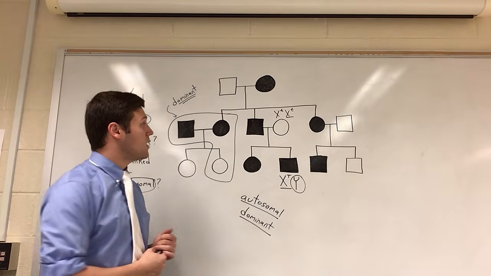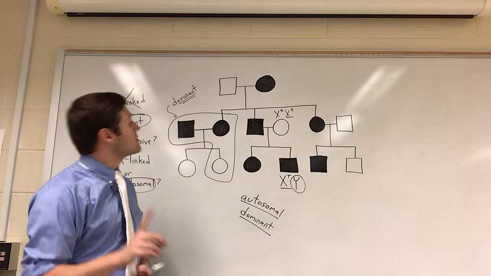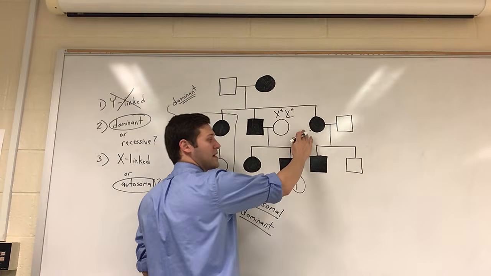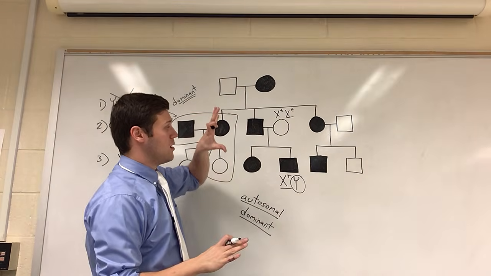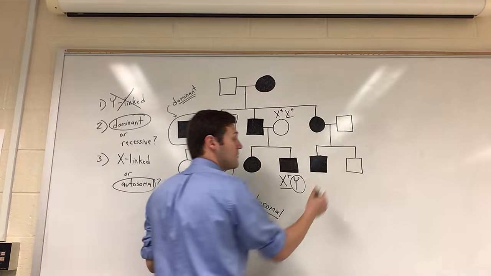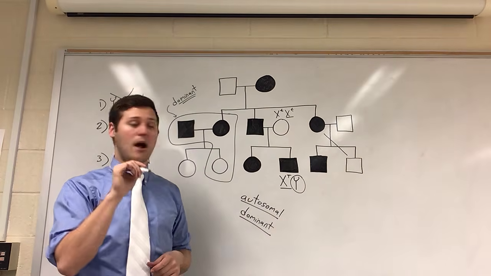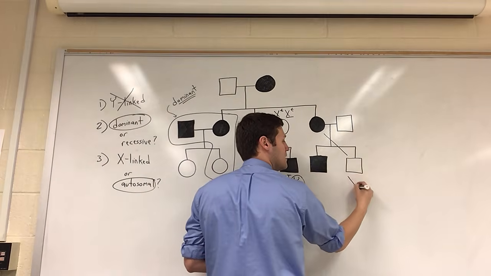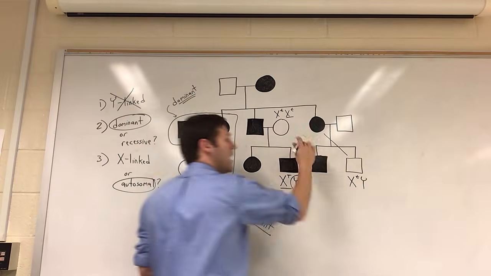So hopefully that was helpful. You might have been able to figure it out in other ways too. I do want to point out that here, if you had chosen this, a mother who's affected and a son who's unaffected, it follows the whole mother being one thing and the son being another thing. But if you try to use that to justify that it's not X-linked, it wouldn't have worked. And that's because the son would have to be X little t Y if he is unshaded,